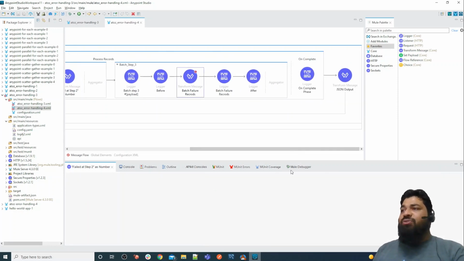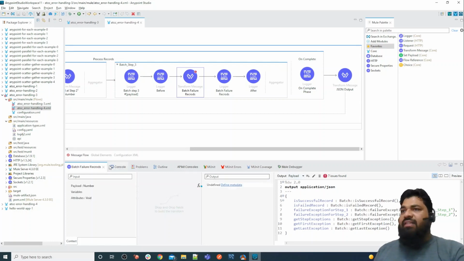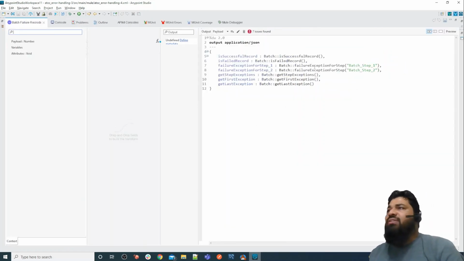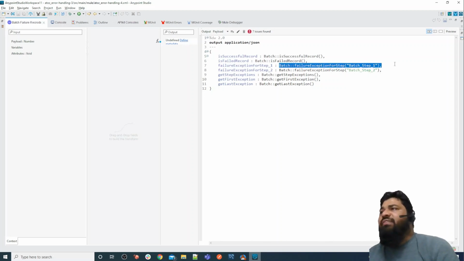Let me show you what that is. This will help you get all the errors for your records. There is a boolean that returns whether this particular record number second is successful or not, whether it is a failed record, yes or no. We want to check whether this record failed at step 1, and if it failed at step 1, why it failed.